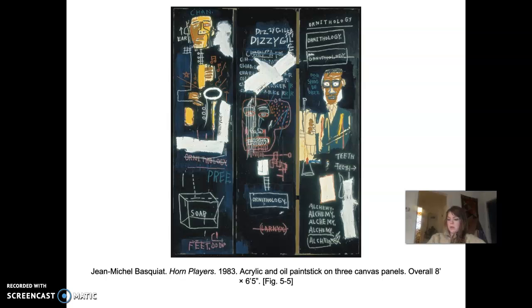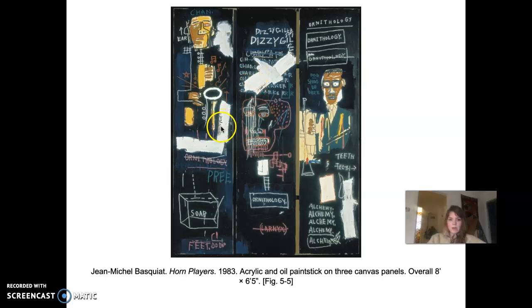Few other artists were doing that. Second, the division into three vertical panels is interesting because the artist successfully avoided the pitfall of making the work seem like three separate paintings. He counteracted the division of these three panels and held the work together by repeating certain motifs across the panels, such as the head. Here's a head here, here's a head here, here's a head here. That repetition helps create unity in the three panels.